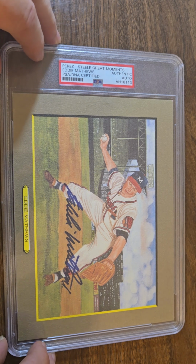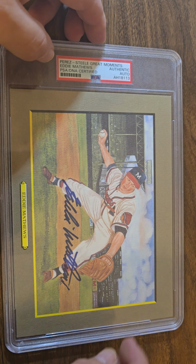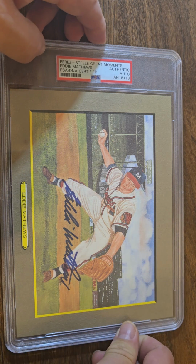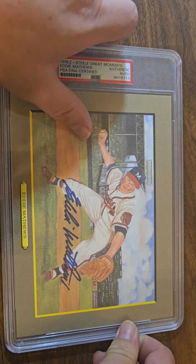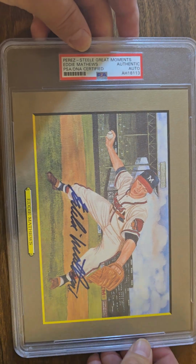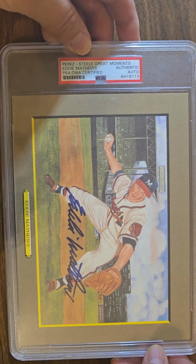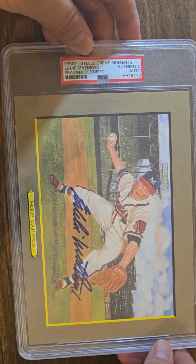This is one you've probably seen before in my videos, but it's the Eddie Matthews autographed Great Moments by Perez-Steele. I love these. I love this image here. I love the Braves logo and the fielding the ball, the classic infielder. It's just so interesting for me that it shows him fielding and not hitting because he's so much more well